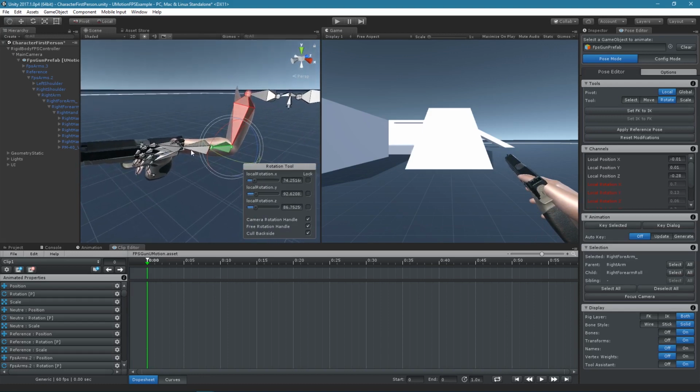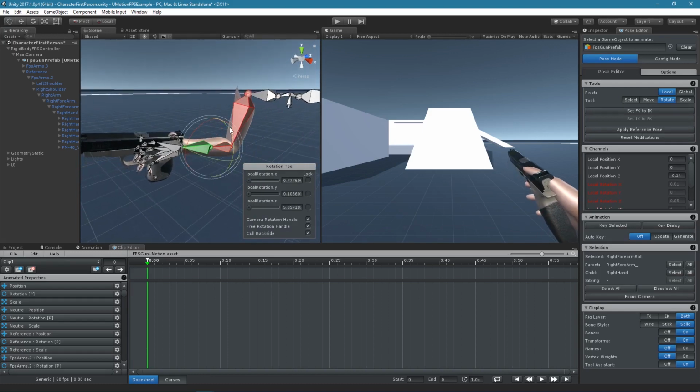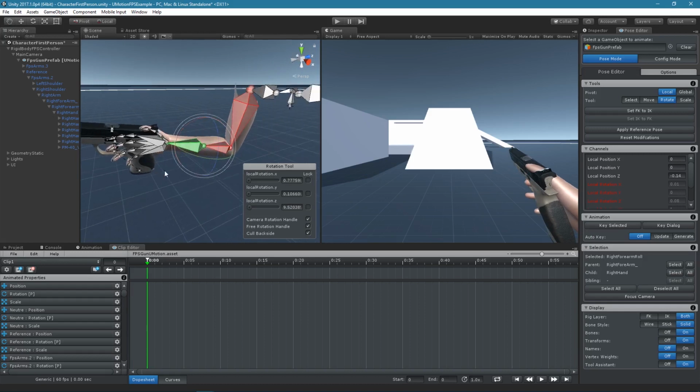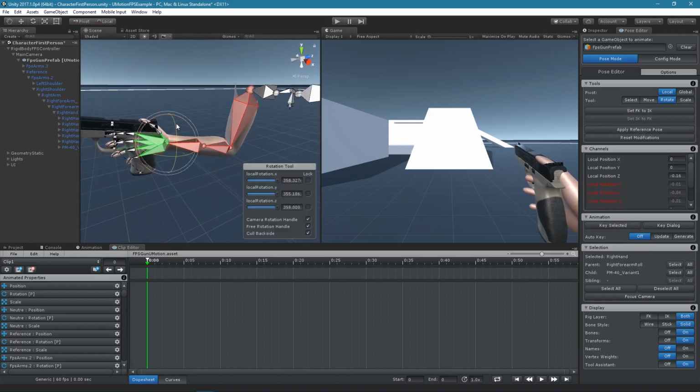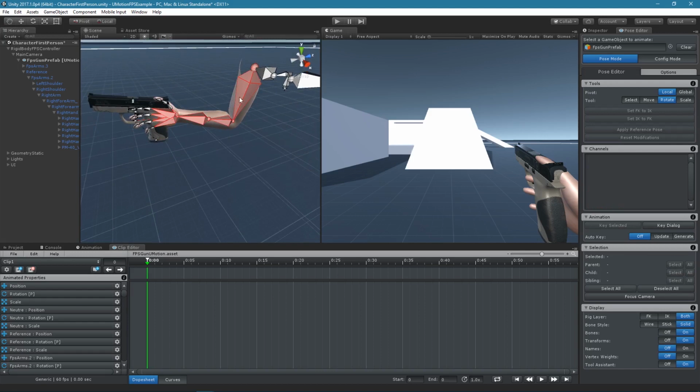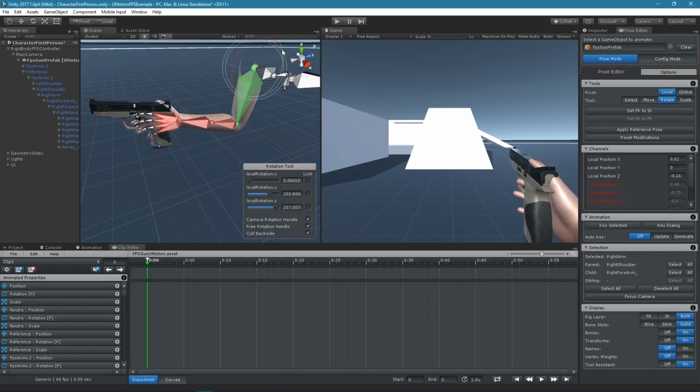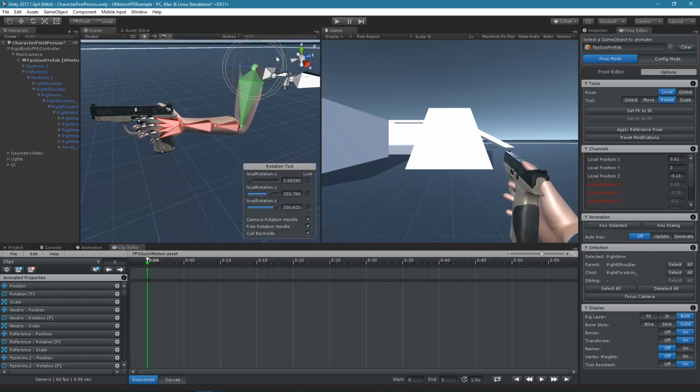We need to apply some twist to the hand. Please note that I am doing half of the rotation at the bone of the forearm and the other half of the rotation on the wrist. This simulates how the ulna and radius would rotate a human forearm. Never use the elbow joint to rotate around its own axis.